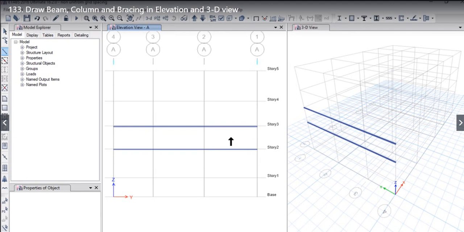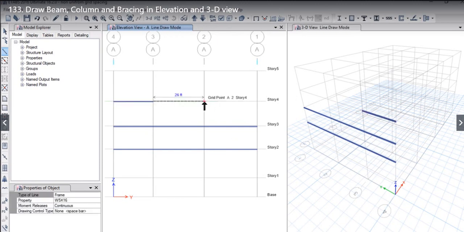So again, coming back to how we can draw beams in elevation, we just need to go to elevation by this option. We just need to left click here and then again left click here. So we can draw a beam with the help of a simple left click. To escape the option at any point of time, user just needs to right click. We have discussed how to draw beams in elevation.